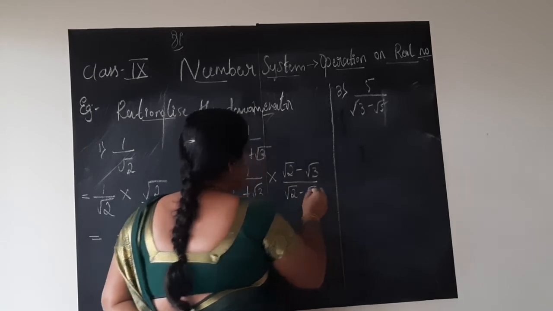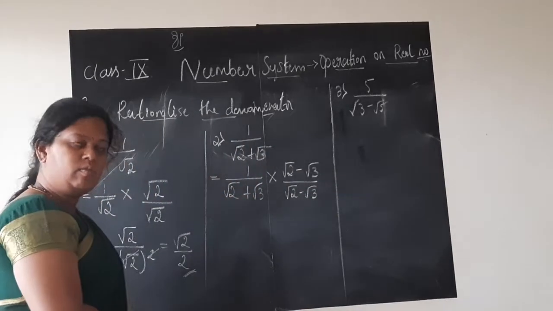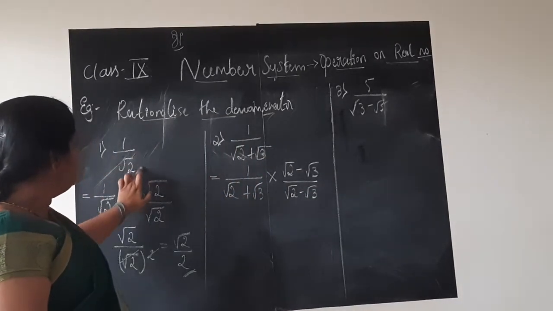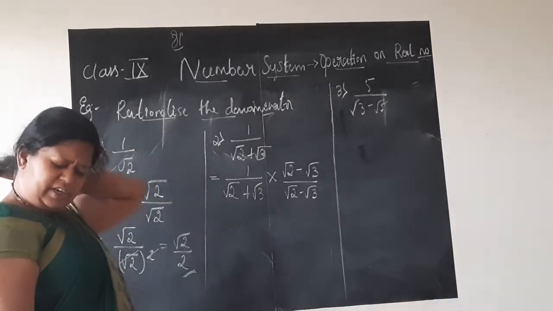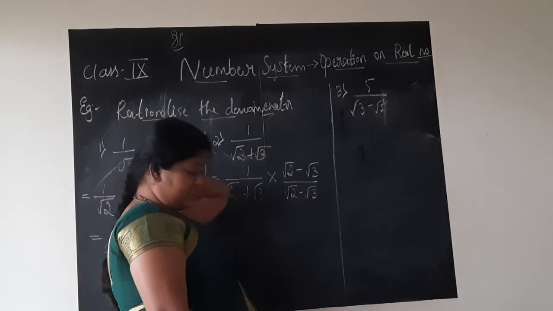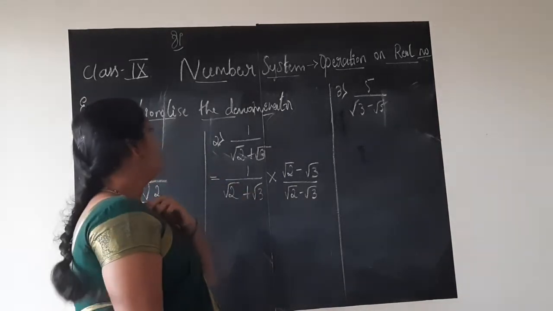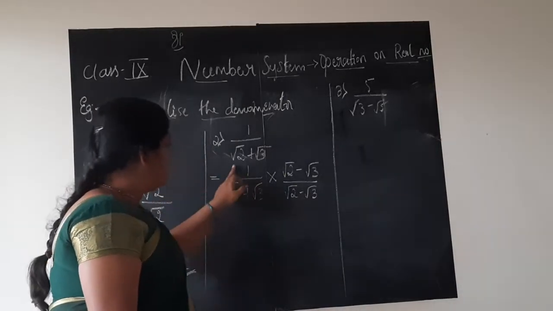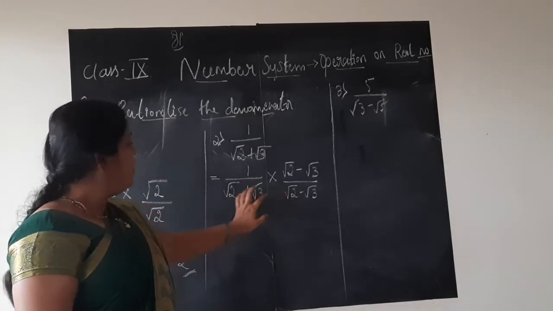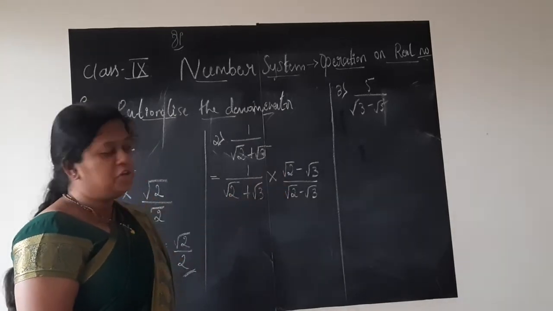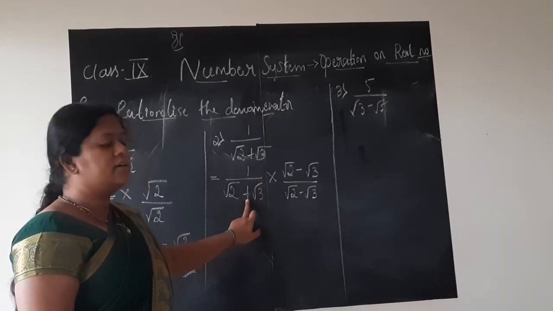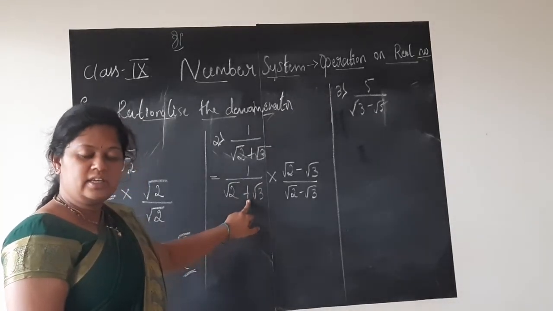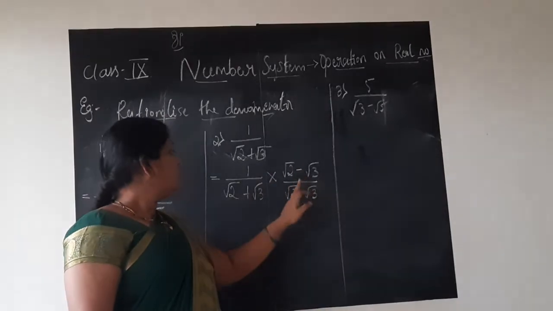Square root 2 minus square root 3, like this. What did we do? Here only one term was there in the denominator, so directly we multiplied, no headache. But if at all a plus sign or minus sign is there in the fraction, children, what you should do is write the question as it is, multiply, and write the same factors both in the numerator and denominator. Whatever sign is in the denominator in between the terms, the same should change.